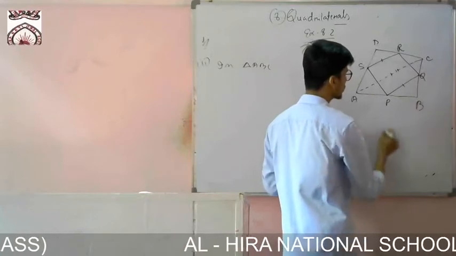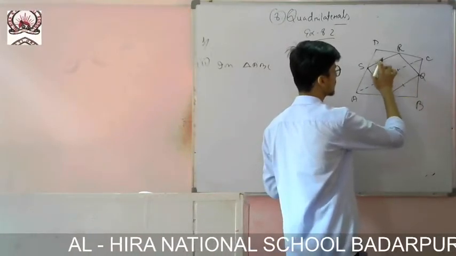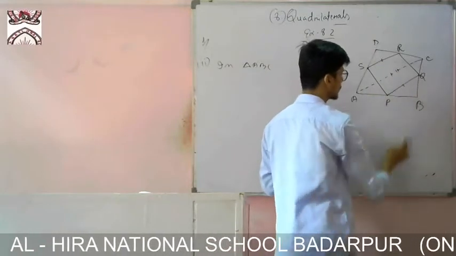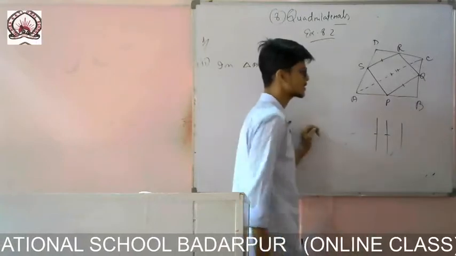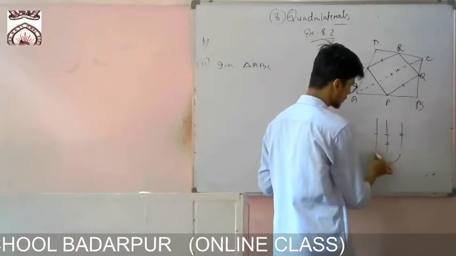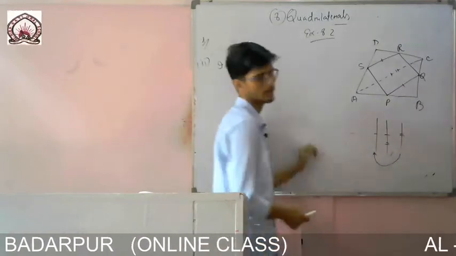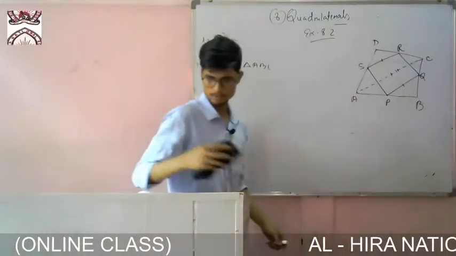And we know the theorem: if this line is parallel to this one and these two lines are also parallel, then I can say that this one is also parallel. If three lines are given, if this line is parallel to this one and that line is parallel to this line again, then I can say that the first line and the third line are also parallel. So I am trying to use this one.